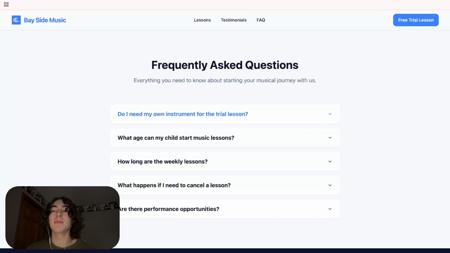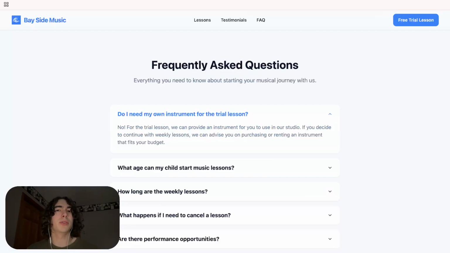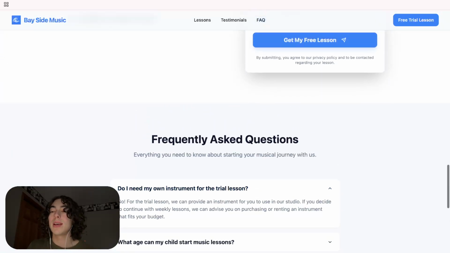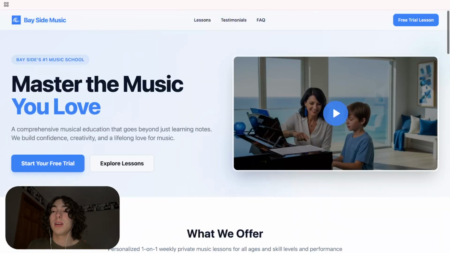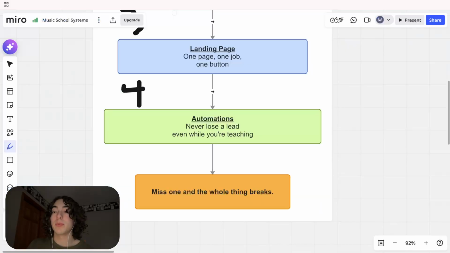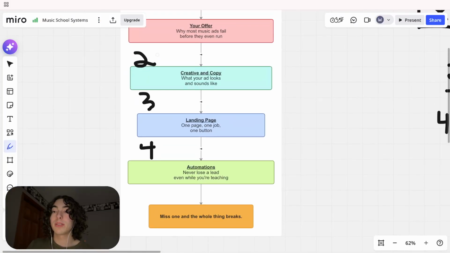So for example, do I need my own instrument for the trial lesson or the first lesson? Most music schools, I assume, have some form of borrowing system where they can do that for the first couple lessons. Questions like this that parents and just general students are going to naturally have before they want to actually move on and start. And that basically means from top to bottom here, we essentially hook them in with an